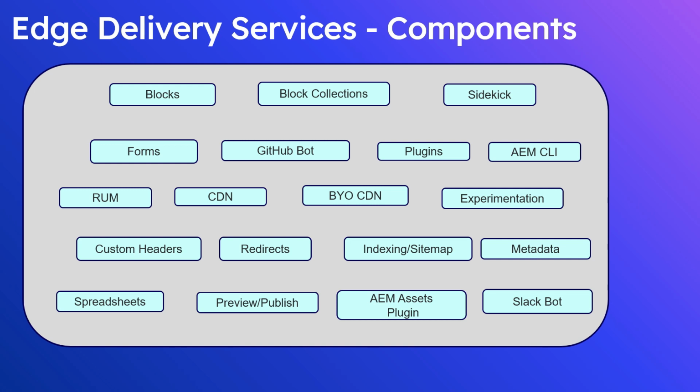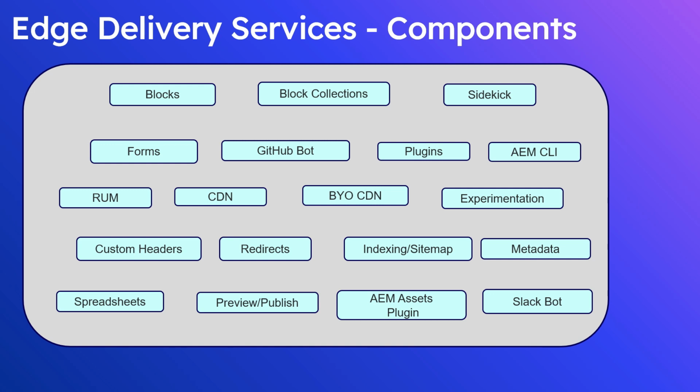With the AEM experimentation plugin, you can quickly set up experiments and segmentation for your AEM project. It supports serving different content to different audiences, including custom audience definitions. You can also serve varied content based on marketing campaigns and run A/B tests to improve conversion rates on your sites. Custom headers. This allows you to enable custom response headers through a header Excel file or Google Sheet.